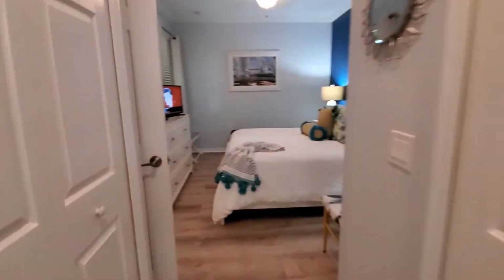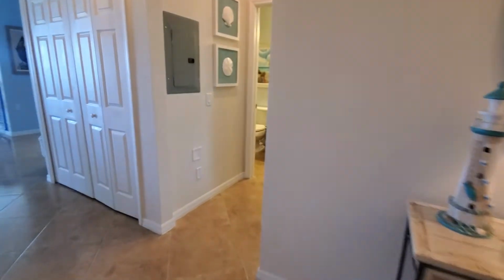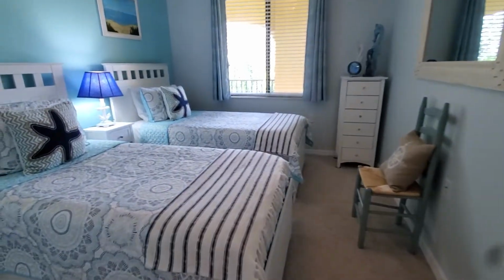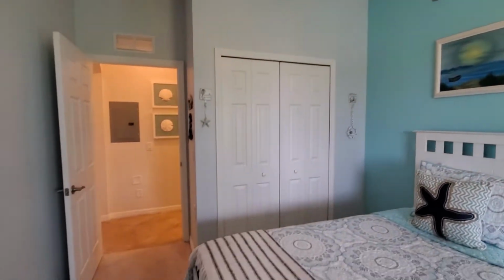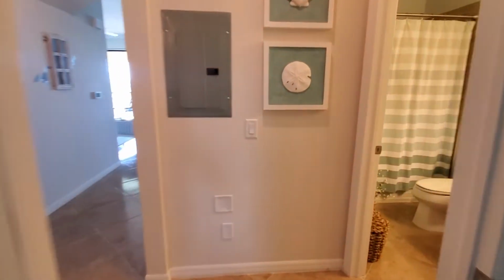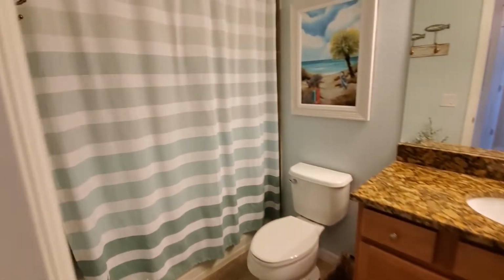Now, coming back out into the main hallway, directly across from the master is the guest bedroom and guest bath. Here the guest bedroom is furnished with 2 twin beds. Again, everything's been repainted and you have the bifold closet set up there. And then we have the guest bathroom just off of here with your vanity, the single sink, and your combination